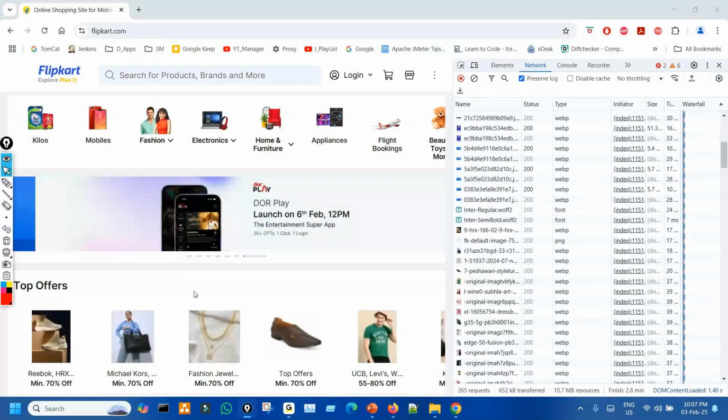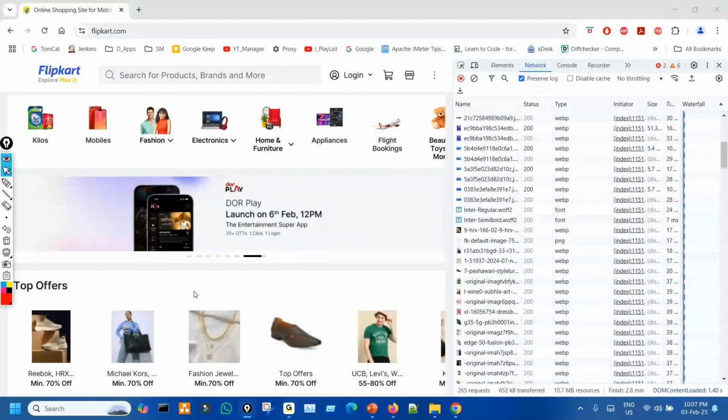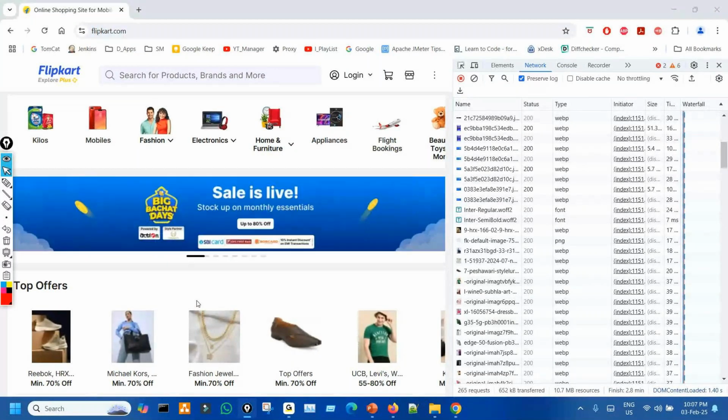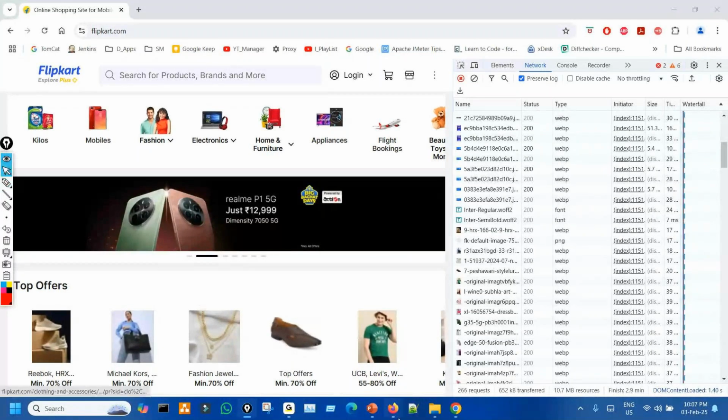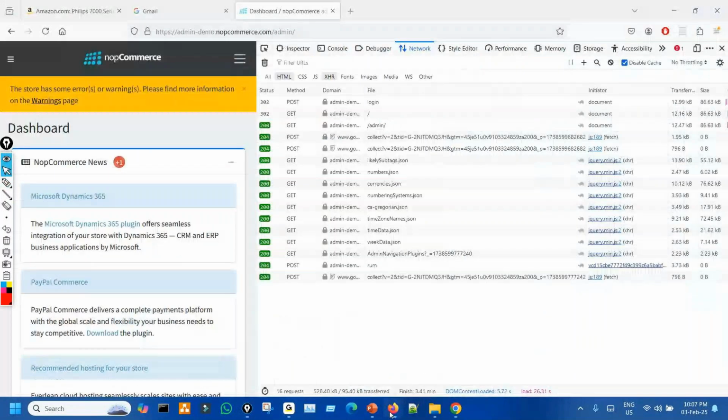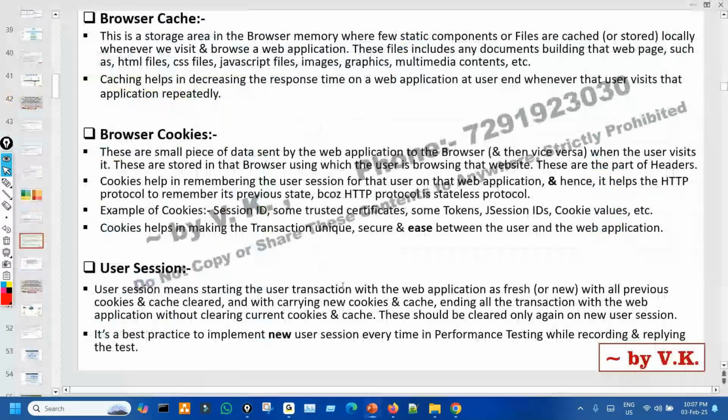So this concept is there on the server side also, but no need to go there now. That is called caching. And next we have cookies. Cookies is a small piece of data that helps a user